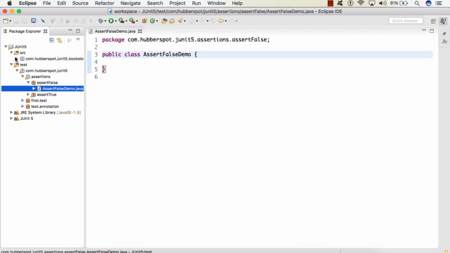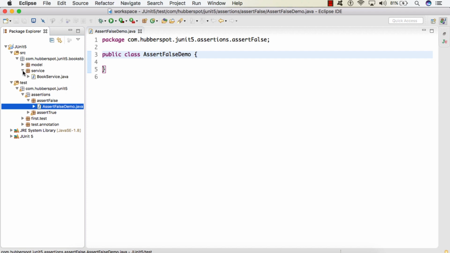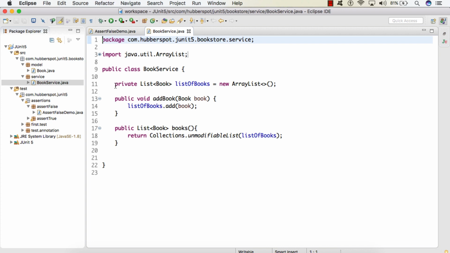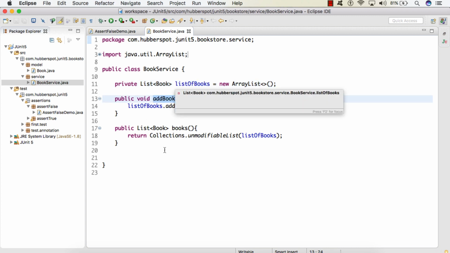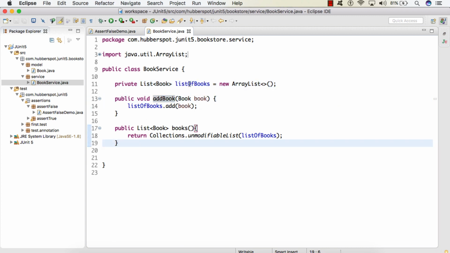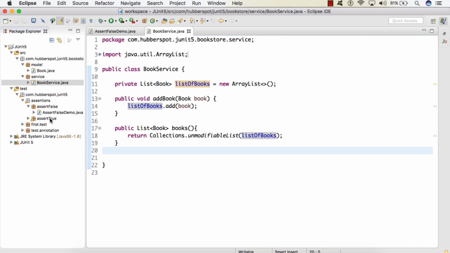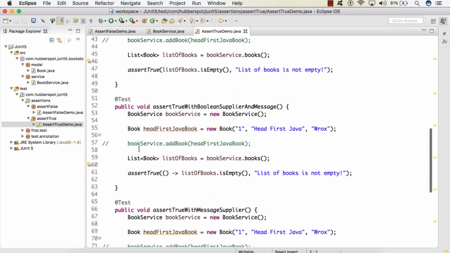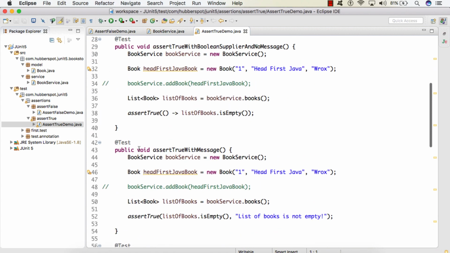So friends, here in the source folder we know that we have created one BookService which stores the books into a list using the addBook method, and we created one more method to return this list of books. And in AssertTrueDemo we saw all the 6 overloaded methods.